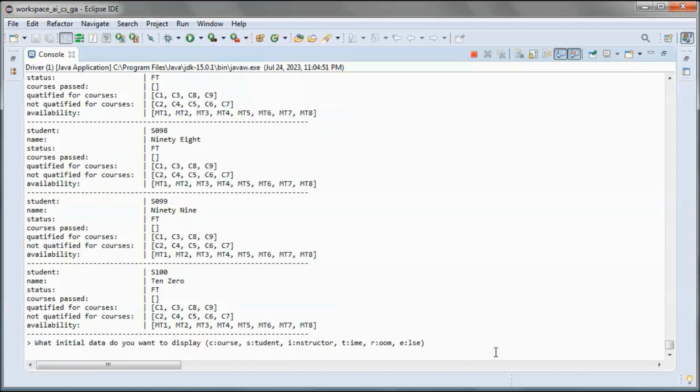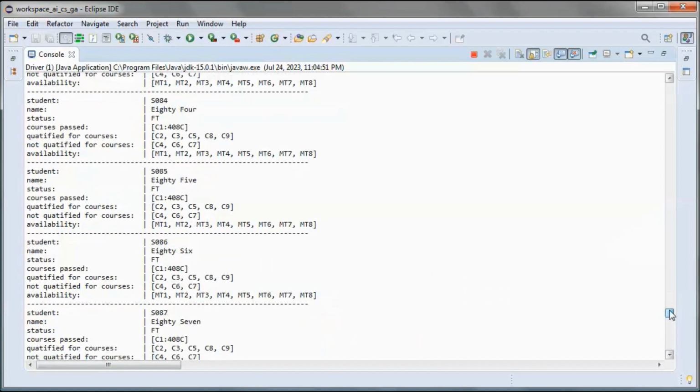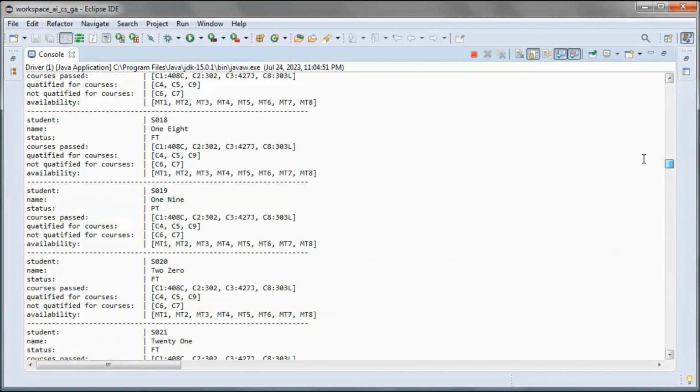So we have 100 students in the system, and this student is a full-time student. He's qualified for those courses, and he hasn't yet passed any courses, and he is not qualified for those, and this is his availability. And same for the other students in the system.